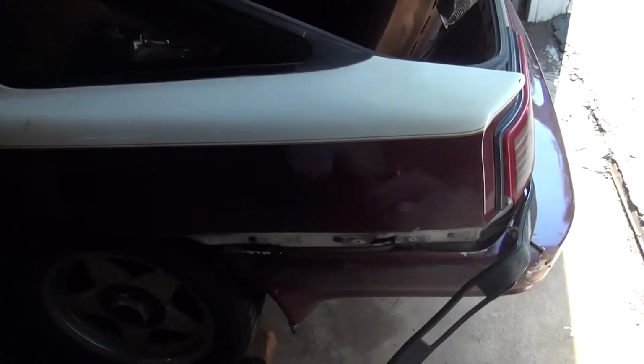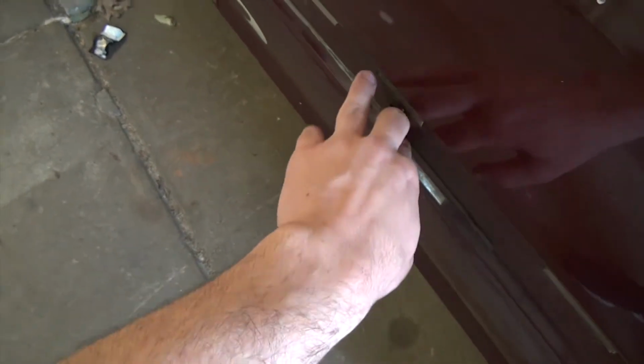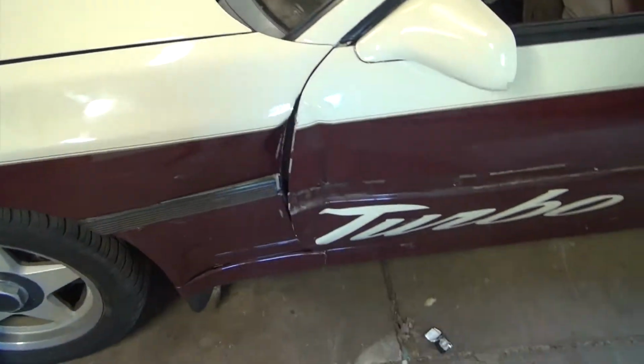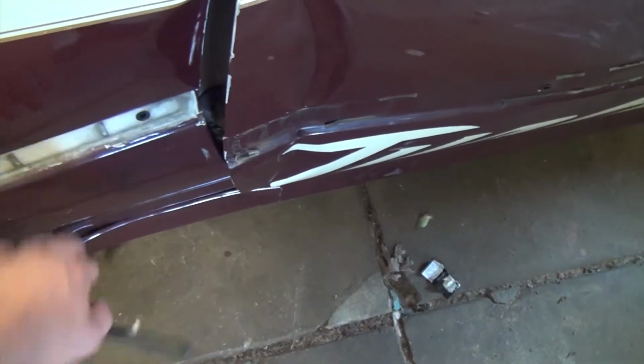We're trying to decide what we're going to do. I want to delete it. Maybe just have like a dipped body line here, kind of like how this is the same color as the door. Just fill in the holes, get rid of all the glue, then just have the body line be the dent, but I don't know yet. And then I want to figure out why this is the way it is. If one of the hinges isn't out of place or what, because